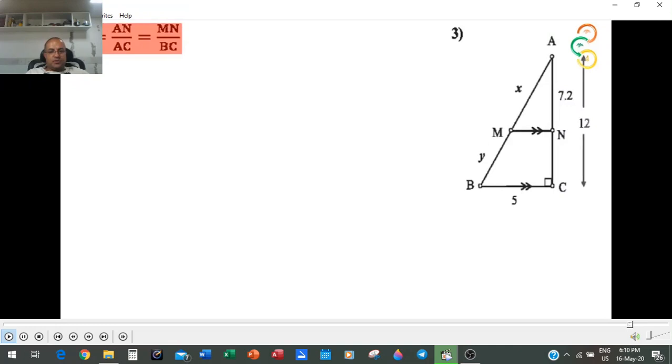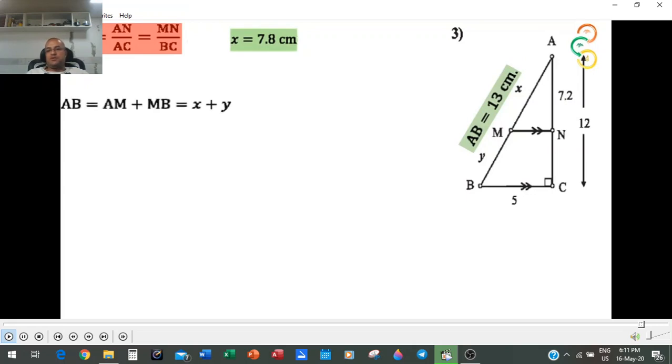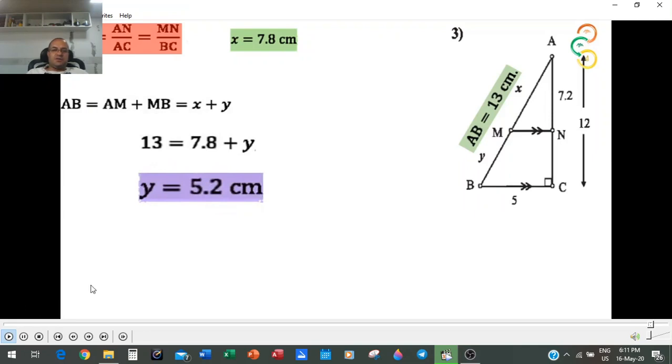Now let's see how we are going to calculate Y. Don't forget the Thales theorem. Now we have AB equal 13 centimeters, X equals 7.8, so Y is equal to 13 minus 7.8. Since we have AB equal AM plus MB, then 13 equals 7.8 plus Y. Since MB equals Y and X is calculated to be 7.8, Y plus 7.8 is equal to 13, and Y is equal to 13 minus 7.8, Y is equal to